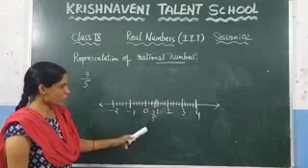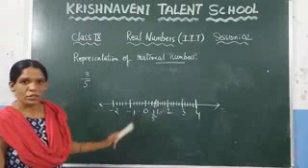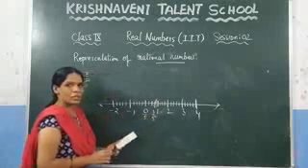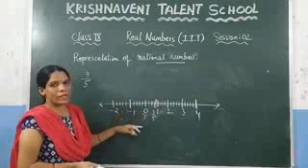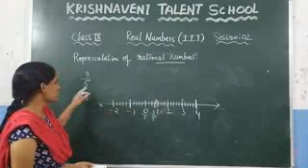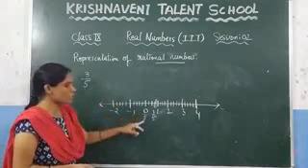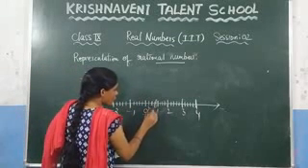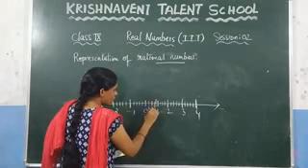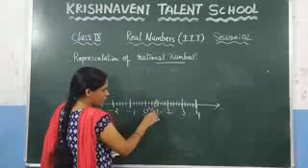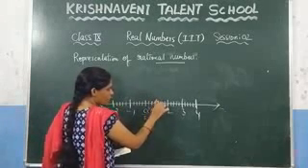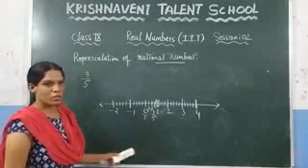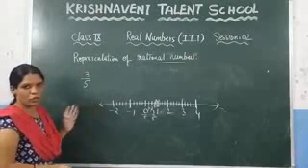If you want to check whether it is correct or not, you can check it here. You can write 0 as 0/5, because 0 divided by any value is always 0. Since the denominator is 5 here, we have written this as 0/5. The next one is 1/5. This line is 2/5. This is 3/5, and the next line is 4/5. This is 5/5, and 5/5 is nothing but 1. Like that you can check it if you want to.